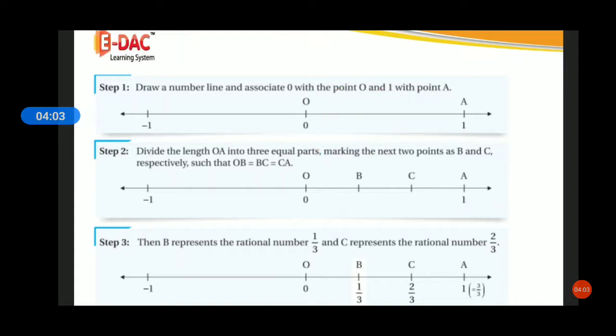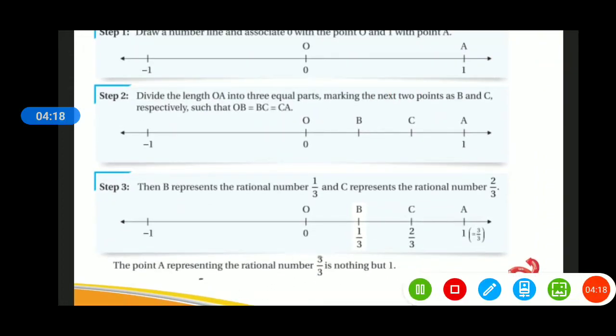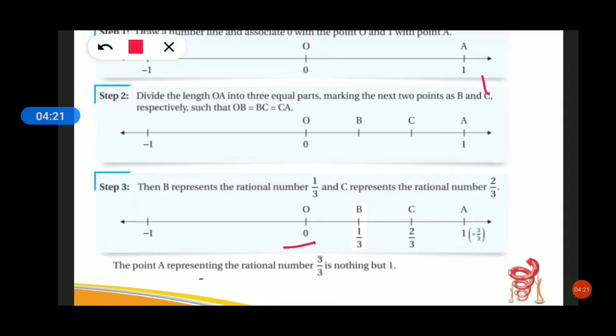Understood, students? See here, I am drawing a number line, 0, 1, 2, 3. So this is 1 equal part, 2, 3. So we are getting 3 equal parts. Understood, students? Now see how to represent. See here, 0 starts here. Since it is 1 by 3, we write the first one as 1 by 3. Then 3 equal parts, the numerator is the count, so 1 is 1 by 3. Then we will have 2 by 3. Then we will have 3 by 3. 3 by 3 is nothing but 1, since it comes in the 3 table. Understood, students? Therefore, the representation will be at point B. Understood? This is the representation of 1 by 3.